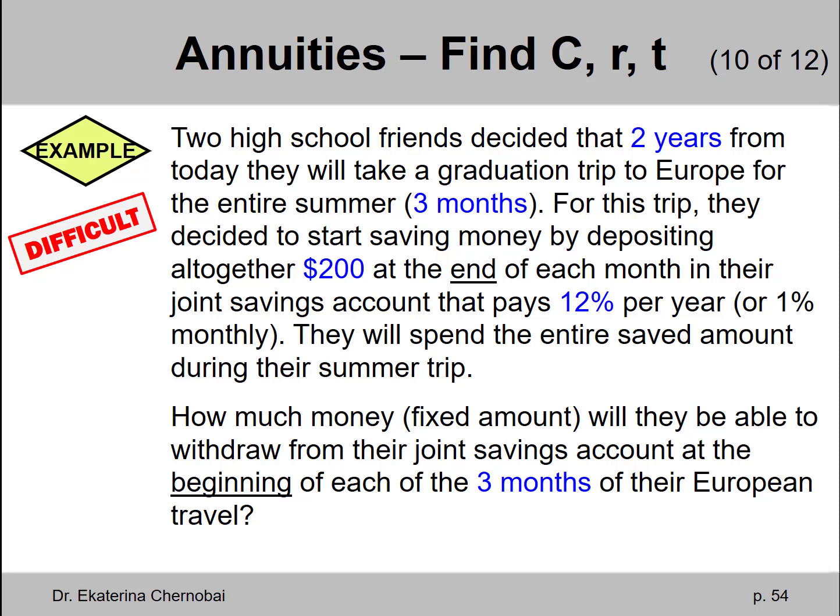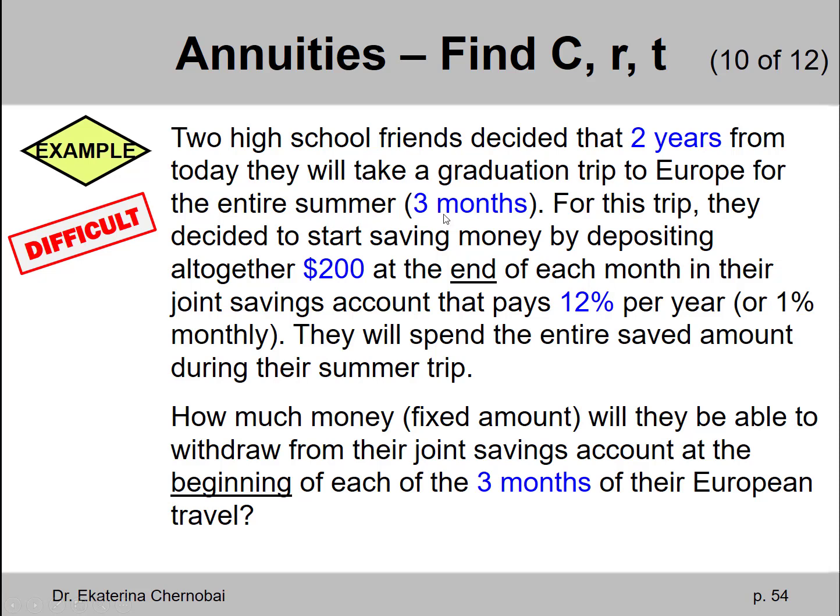Next example. This one is difficult. I labeled it as difficult. It requires 2 steps. Let's say high school friends decided that 2 years from today they will take a graduation trip to Europe for